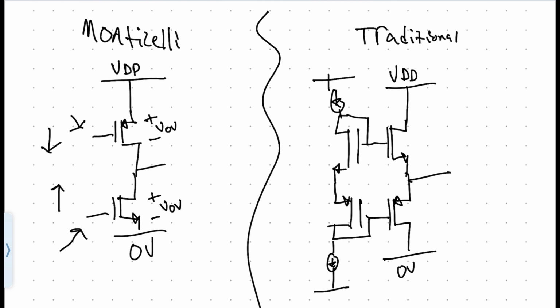Now, if you look at the example on the right, the opposite is true, that as we start sinking and sourcing more current, in order to provide the necessary gate drive, we actually have to expand towards the rails here. And that can be quite problematic, because if we're at an output here of VDD, then what that means is we have to go up a VGS here, and then we have the headroom limitation on this current mirror, which for a simple current mirror might just be an overdrive. But that means that we could never truly get right up to the rail for this output stage. And that's the price that you pay with that traditional architecture. It's a well-defined bias, but you can't go rail to rail. And that's why the Monticelli architecture can be a more attractive alternative